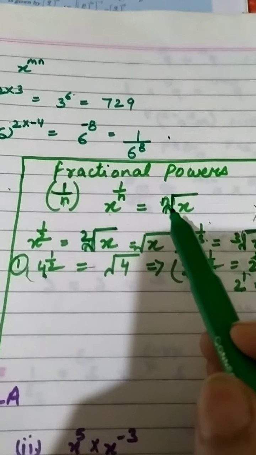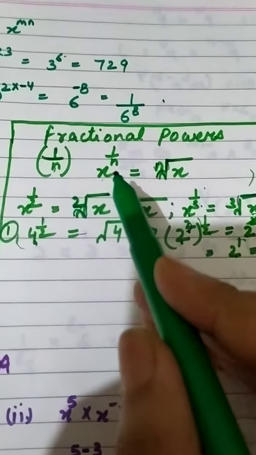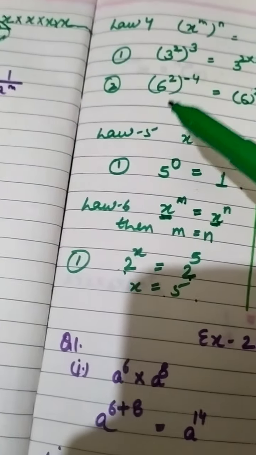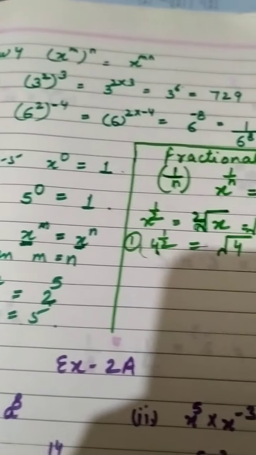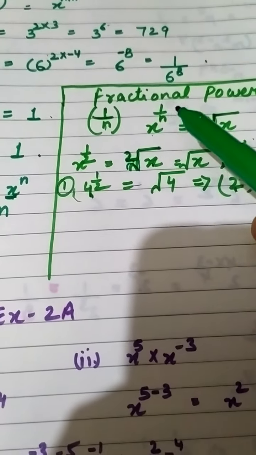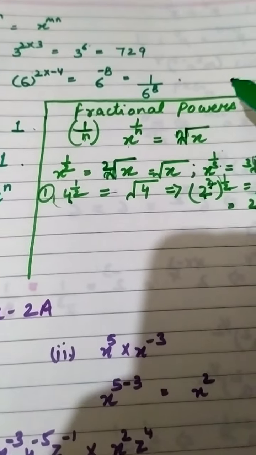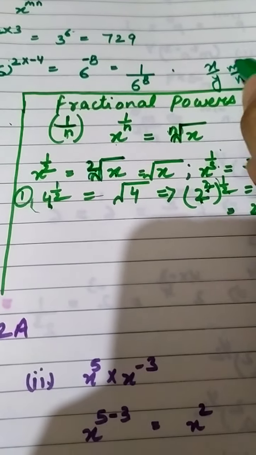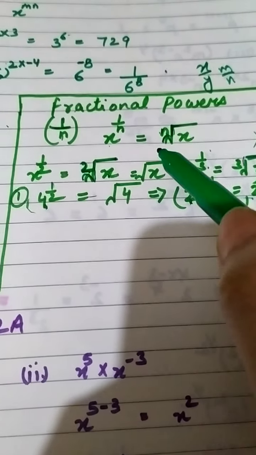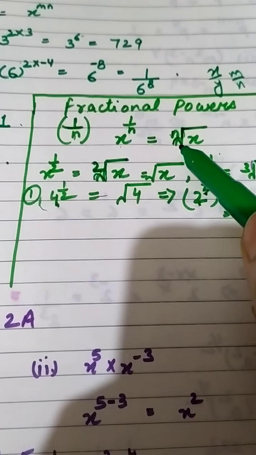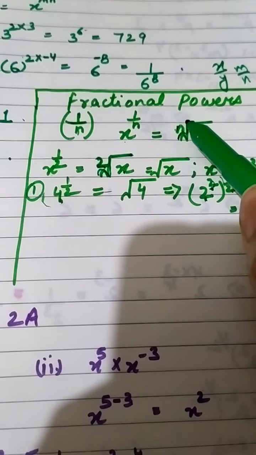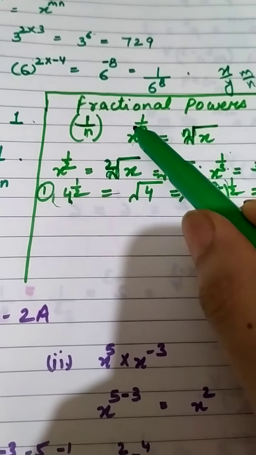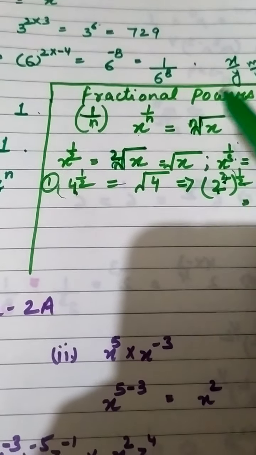Now comes to fractional powers. Children, till now you have seen that powers are in whole numbers. Okay, whole numbers. But if the power is in fraction form means m upon n, means in fraction form, then how you will solve that? Means this is the sign of square root, x square root, and whatever value is of n. Okay, you will write here.